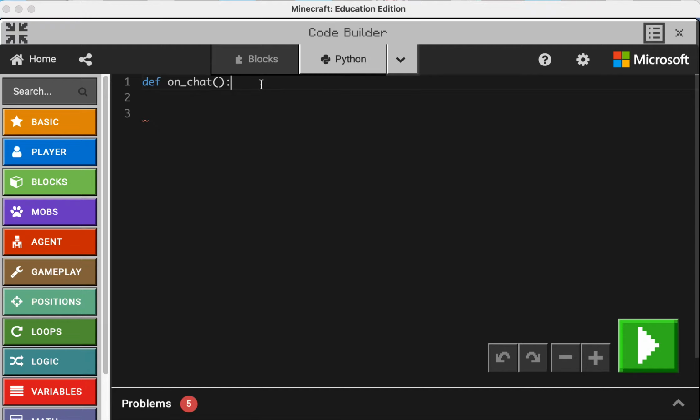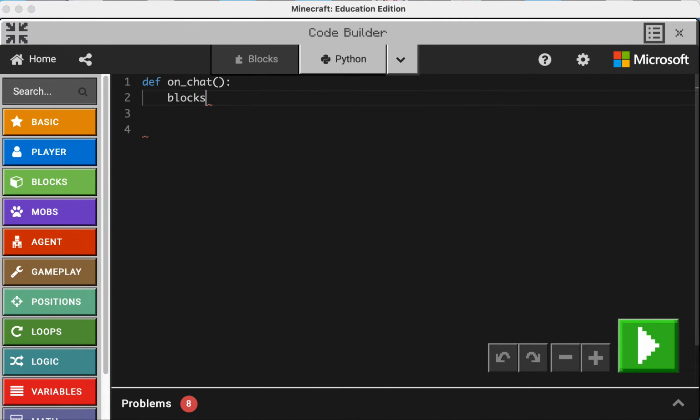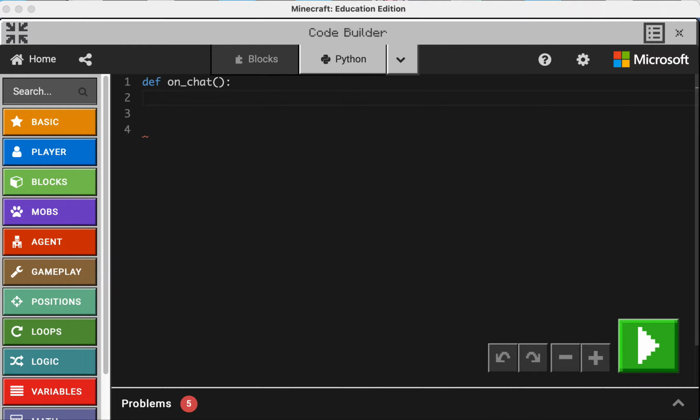Hit enter to add line 2. Line 2 should start one indent in from the left. On line 2, type all lowercase blocks. Now it's time to script our action. Type all lowercase blocks,